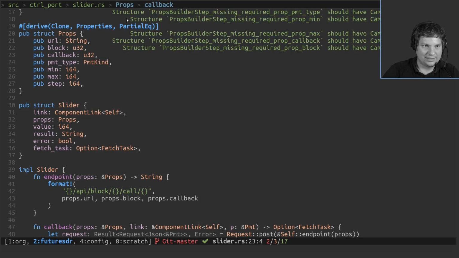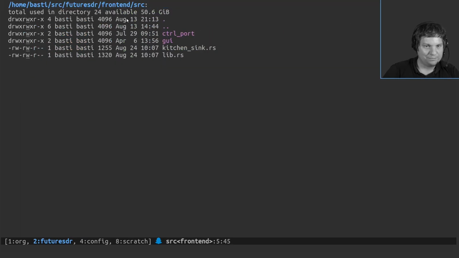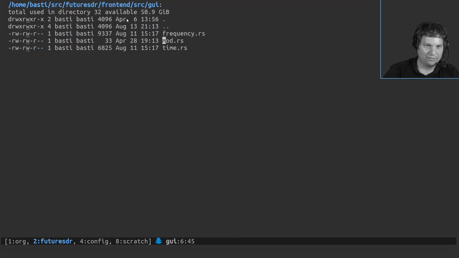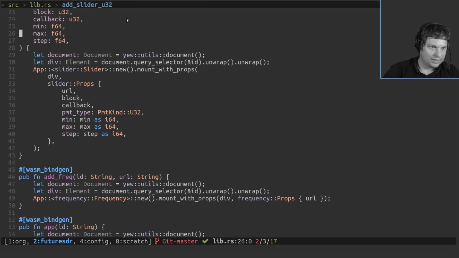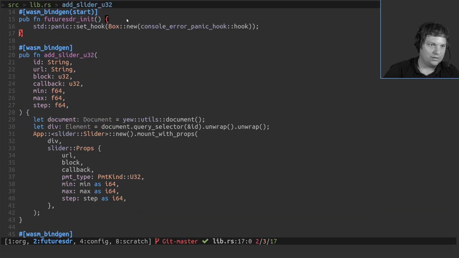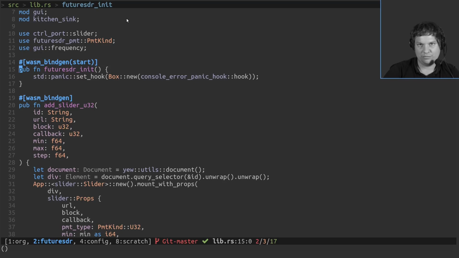Maybe the easiest thing is if we look at an example. So we have the same thing for GUI. So at the moment, only time representation and frequency representation, which is a waterfall plot. That's everything we have. And even those are just a proof of concept without auto-scaling, without fancy features. Yeah, and with a library, we can export, for example, functions to JavaScript if we want to do that.